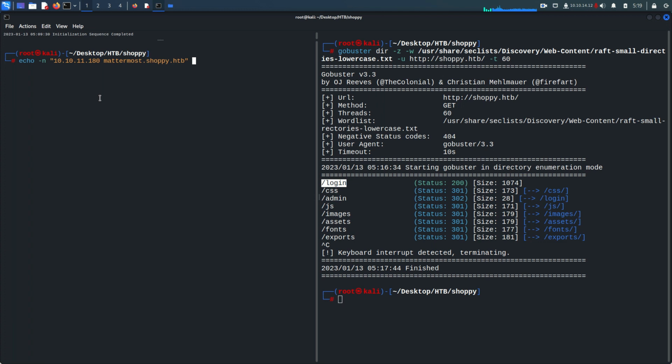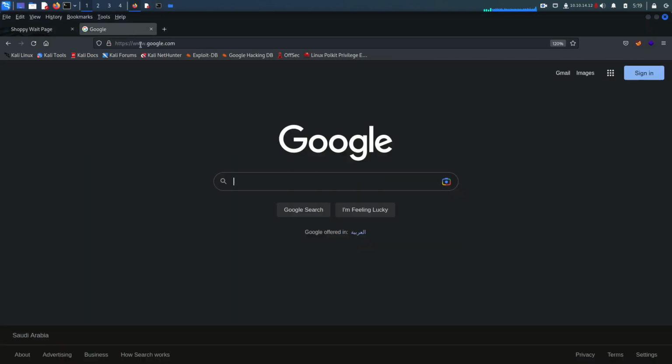Okay, and make sure you put two greater than signs and then /etc/hosts. Clear that. Now we can also access